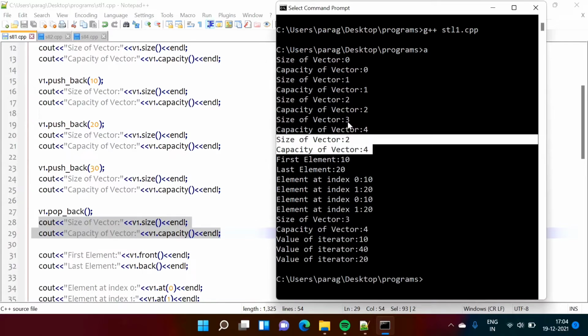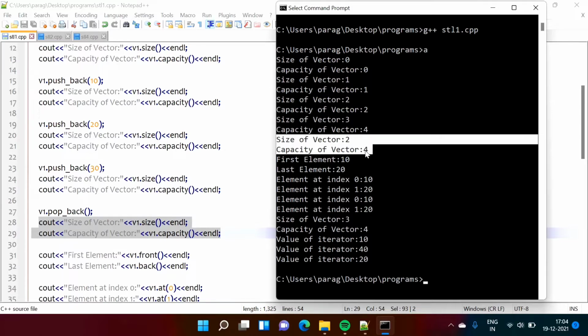So see, previously size was 3, we have removed 1, right? So we have removed this 30, so that's why size of the vector is now 2 and capacity of the vector is 4. See, again one important thing, size got decreased, right, but capacity is still the same, right?